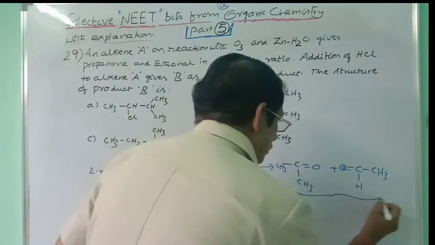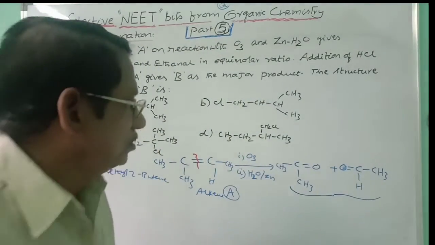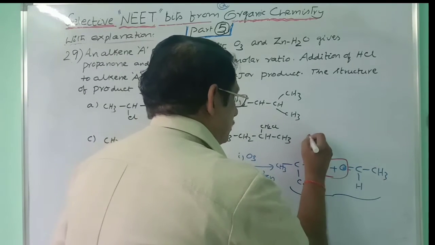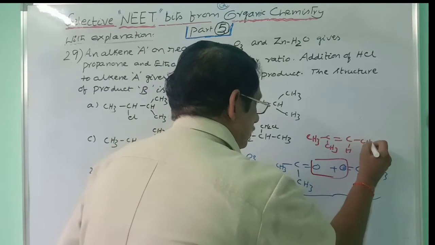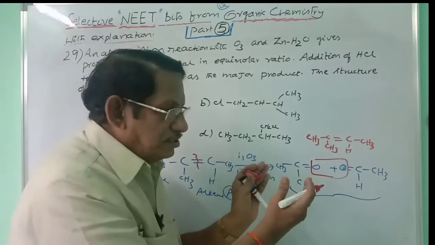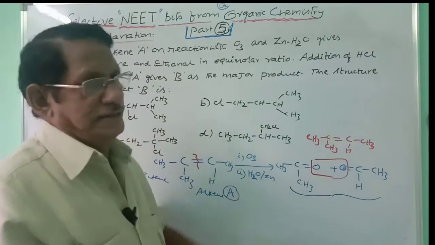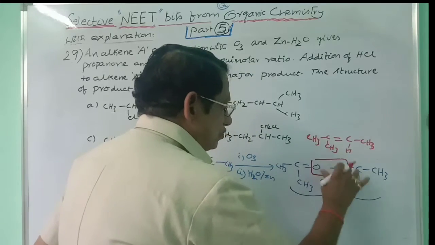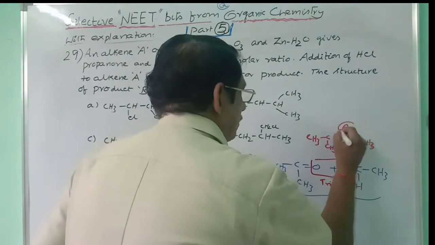Whenever you have to find the alkene, you always take the 2 carbonyl compounds that are obtained. You make the 2 carbonyl groups face opposite each other, and then these 2 oxygens are replaced by a double bond. What you will get here is CH3, C, CH3, double bond C, H, CH3. You write the 2 carbonyl compounds with the carbonyl groups facing opposite each other, then remove the 2 oxygens, and these 2 carbons are joined by a double bond. That is the given alkene. That is the trick you have to adopt. This is the actual alkene, that is A.